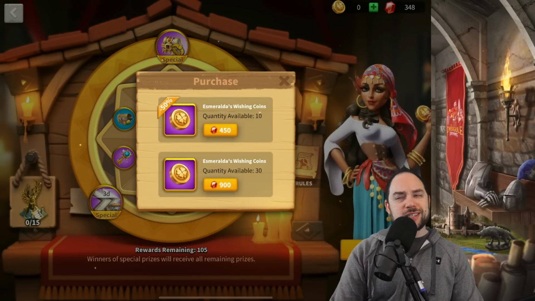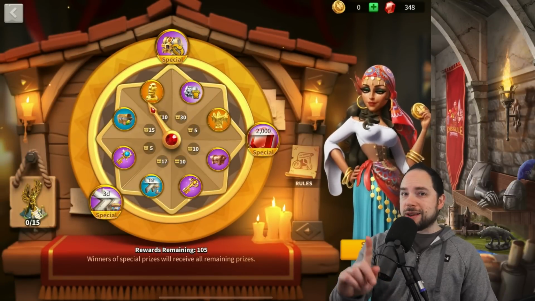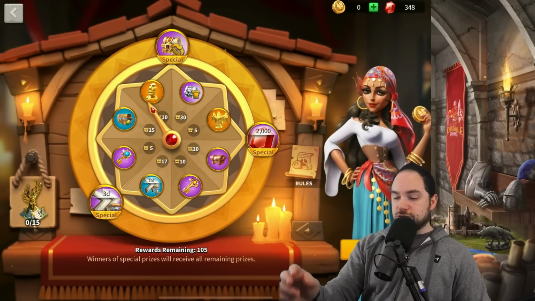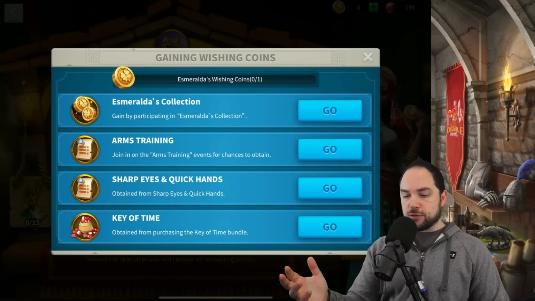So you don't even necessarily have to buy the bundle to be able to spin this thing. But I don't think you have to spend a single gem. Or maybe you need to save up maybe like 900 gems. I'll tell you why in just a second. You'll see. So the main way you're going to get your wishing coins to do this 100% free to play